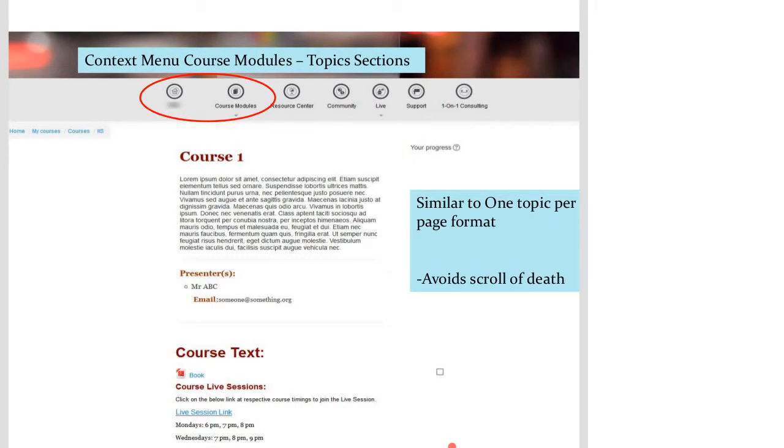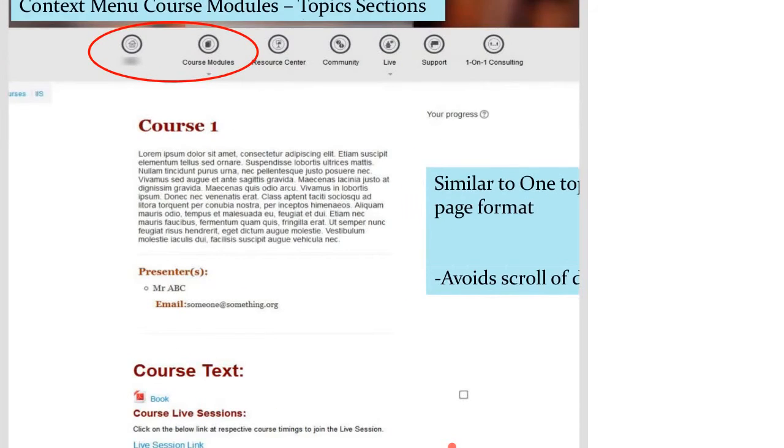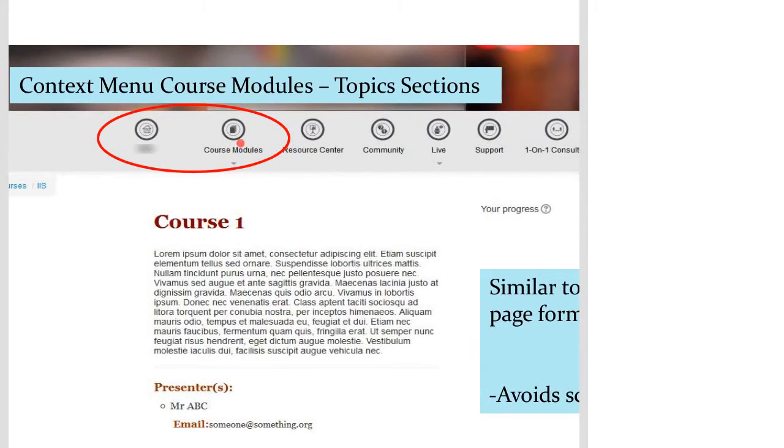Everything is tucked neatly into the menu. As I told you earlier, the menu is context related. The menu checks whether the user is actually on a course page right now. Earlier, you had a drop-down of courses over here, so the user could navigate to any course directly from the top menu.